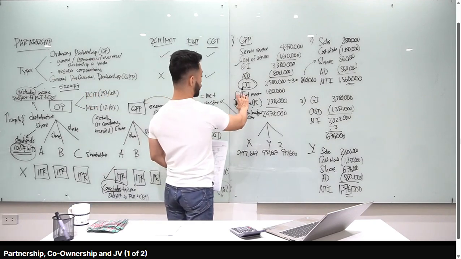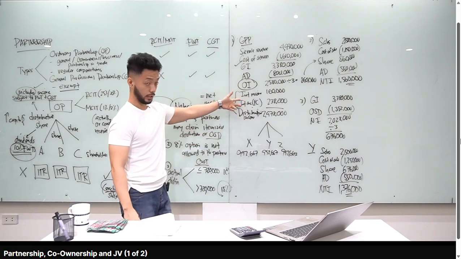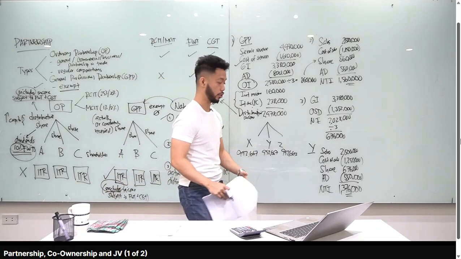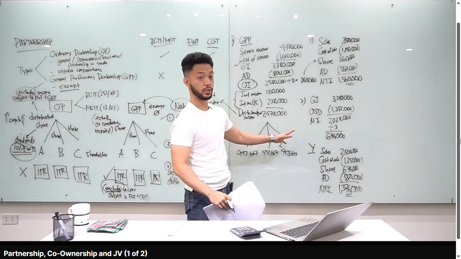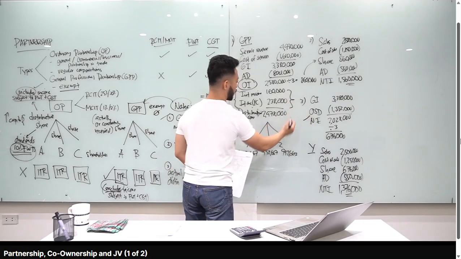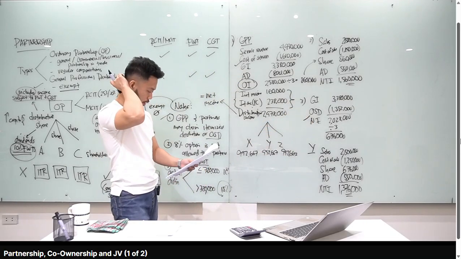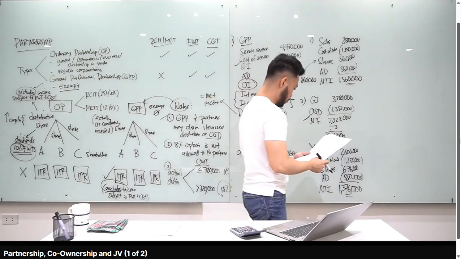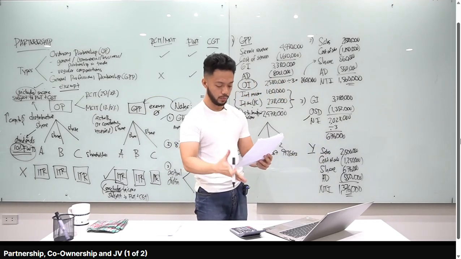Ignore kasi, di ko na sinama yung income subject to final tax kasi ang tanong naman is yung babayaran ni Y o yung taxable income ni Y. Hindi tinanong kung ano yung distributable income. Pag distributable income, ang gagawin ko dyan, meron akong net income, i-add ko yung dalawa niyan. Yun yung net distributable income.